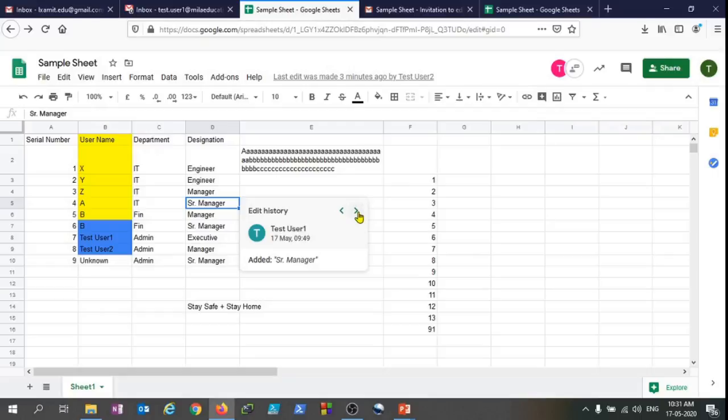As soon as we click on next edit, test user 1 has added senior manager, right? Now again we'll click on next edit, and then it was replaced by test user 1 to senior manager, right? Then we will click next again and see, it was replaced again by test user 1 from senior manager with executive. Now we'll do it again, and we are able to see that this was changed again from executive to senior manager, right? So